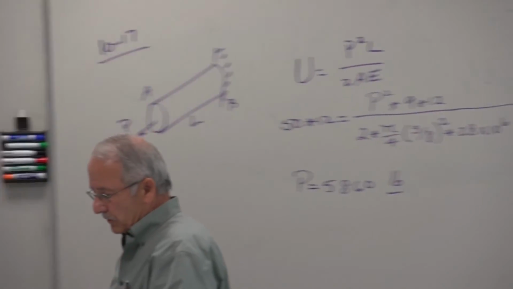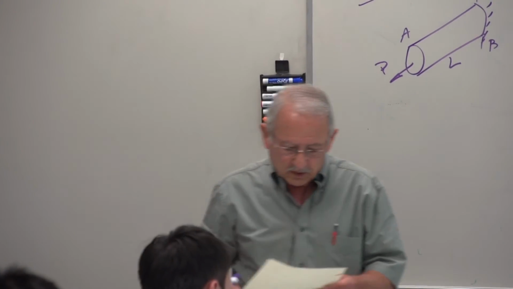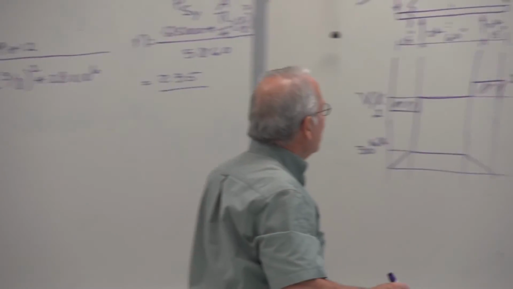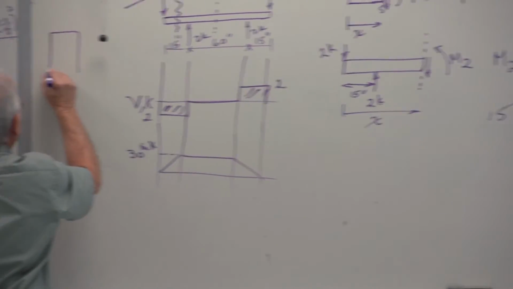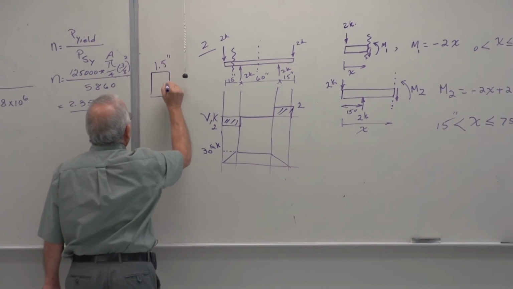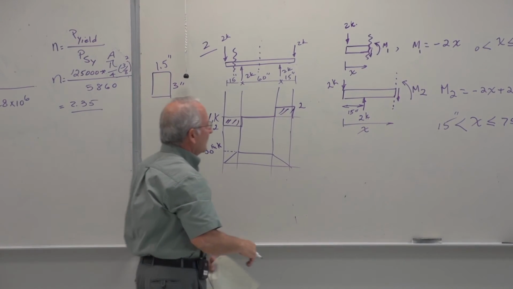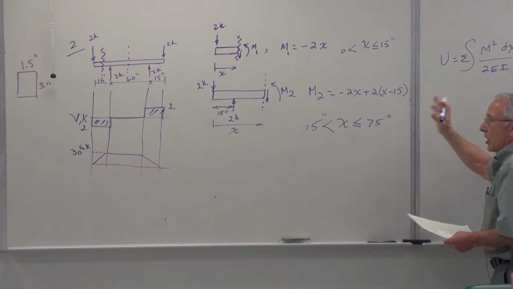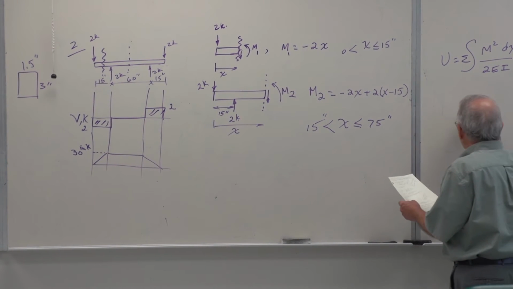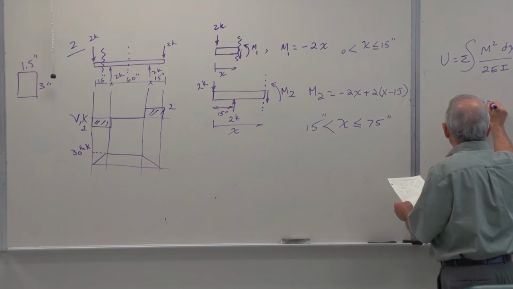The cross section for this is 1.5 inches by 3 inches. So the cross section looks like this. Calculate I, put in the value of E, and you get U equals 322